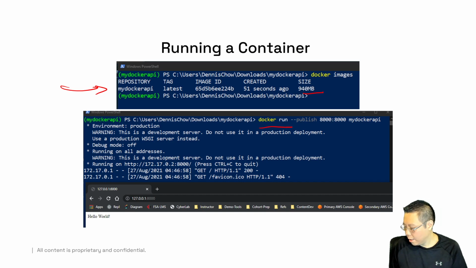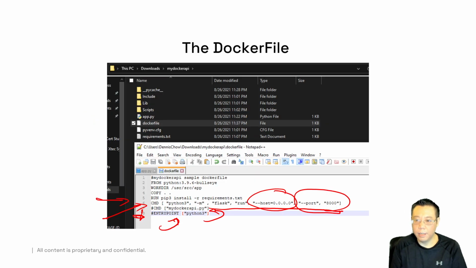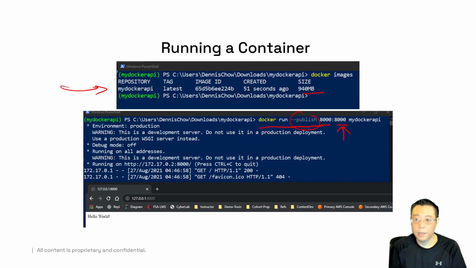Then I do a docker run and then publish. Now the publish, --publish, means turn on the local NAT-based virtual networking from your daemon host to your container. This is the outside, which is used for accessing your Docker container from your local host. So 8000 in my case, I keep it the same for consistency. Or you can have your local Docker container running. Remember that this right-hand side is actually what you specify right here. Your left-hand side,